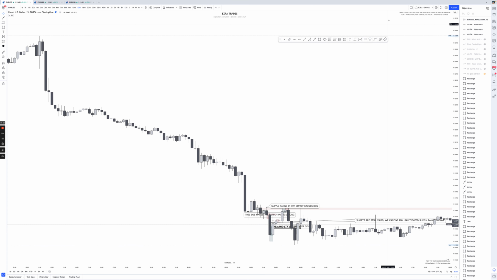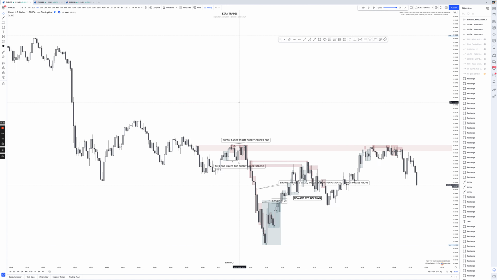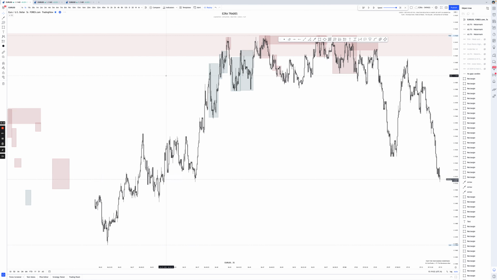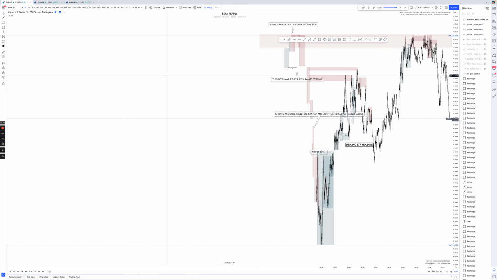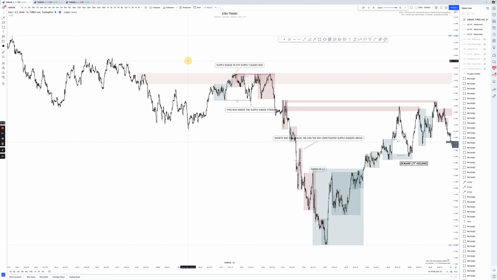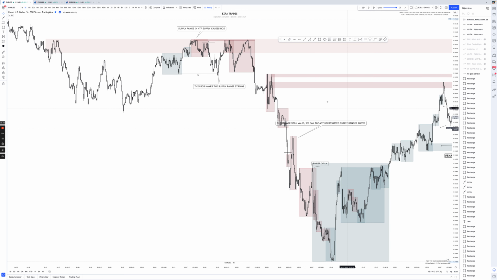So we are going to look at this area over here. And we're going to go to the 1 minute first just to make sure we're in the right zone. All right, we're in the right zone. So let's go down to the 5-second, and we're going to go all the way to the left. So this is a higher time frame supply, right? And we're just going to see how you can use this on the 5 seconds, because a lot of people think that it's